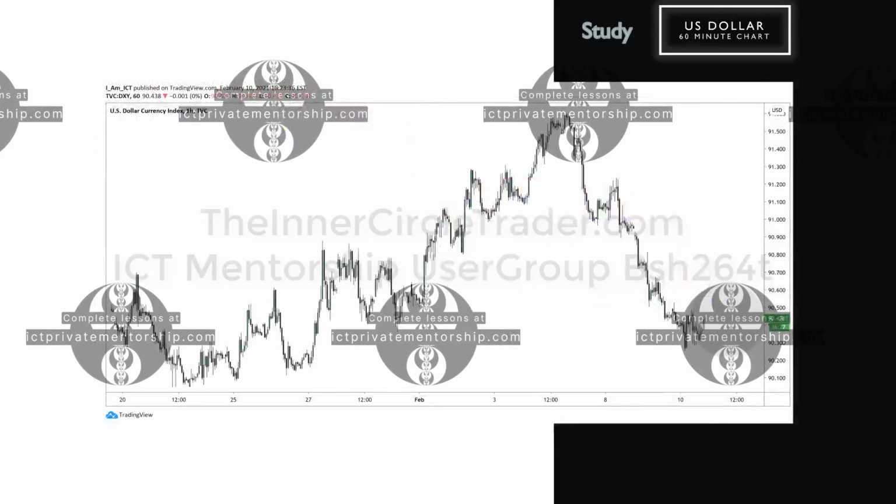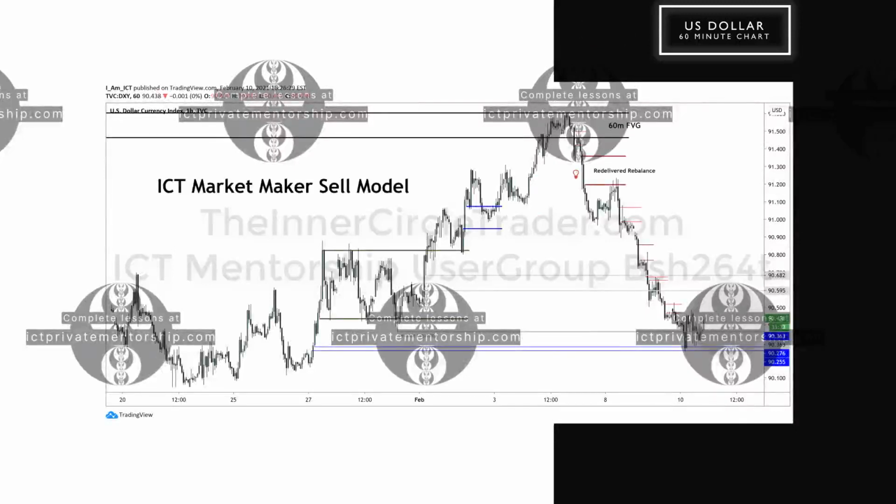All right, 60-minute dollar index. All right, so you have a 60-minute fair value gap in here that you can find on your own chart. That's your homework in here. Market trades up into that, breaks down, sell side imbalance, buy side inefficiency, closes that in, trades lower, redelivered rebalance, we've already covered that, breaks lower, fair value gap, rebalance, fair value gap, consequent encroachment, fair value gap fills inside of the fair value gap that we were aiming for,